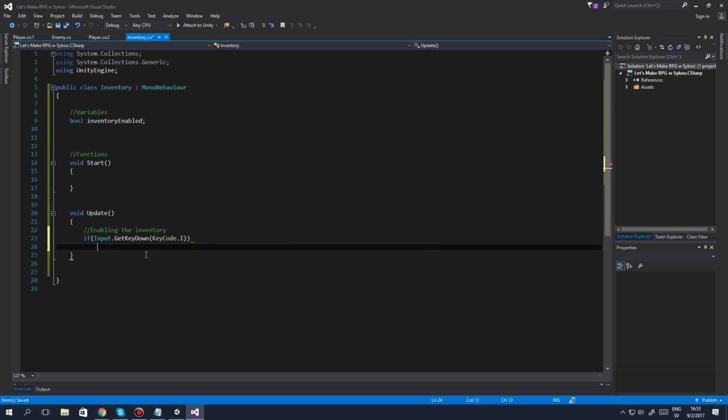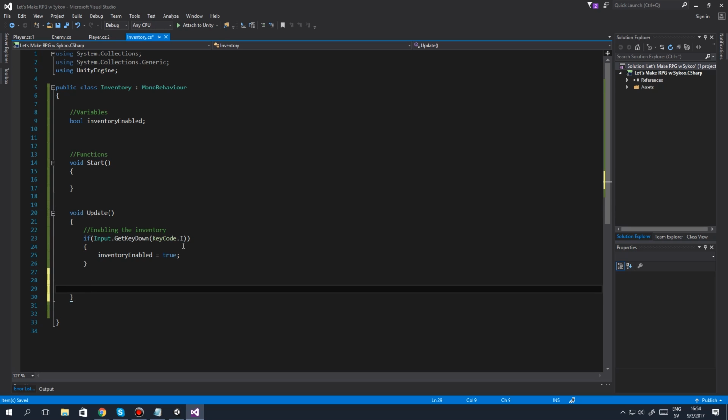Oops, that's wrong. There we go. And now there we go. Okay, so the key code I can be changed to whatever key you want to use for your game, but I'm going to use I, and we're going to say inv enable or inventory enabled true. All right. We're going to jump down a little bit in void update, and we're going to say if, or up here, if inventory